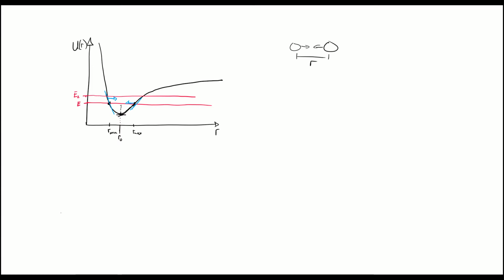Our turning points have now moved, right? R min has come to over here, and R max has moved to over here. So the atoms, the bonds are going to shake harder and harder and a bit larger and larger. But one thing you'll notice is, because this side of our potential energy diagram is really steep and this side's not as steep, it's a little shallower, the R min moved in just slightly and the R max moved